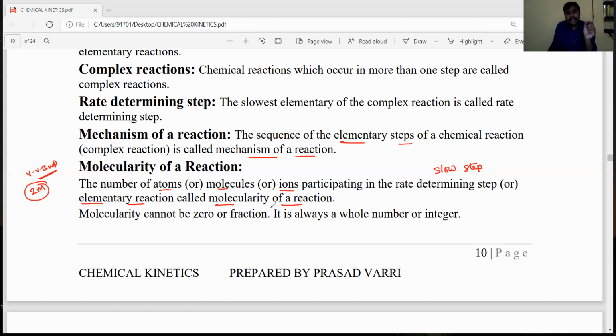So that's why molecularity can never be zero. It cannot be zero or a fraction, because molecules means one molecule or two molecules; only whole molecules are involved in a chemical reaction. So it is always a whole number, a positive integer only. It is never zero. Okay, dear students. So the molecularity,